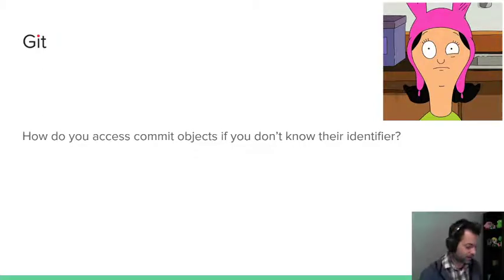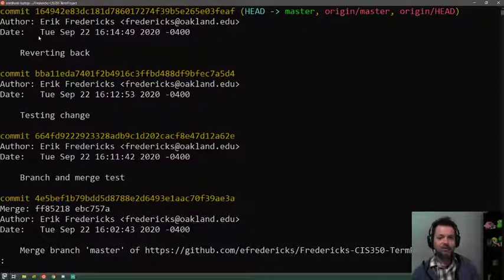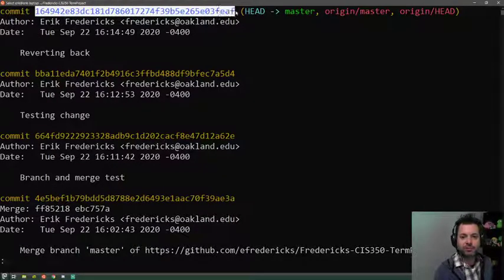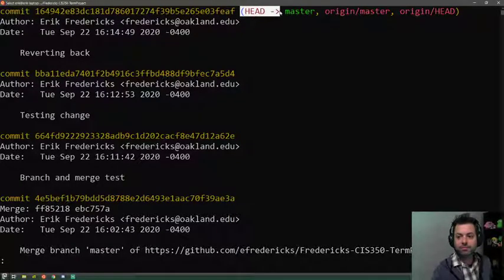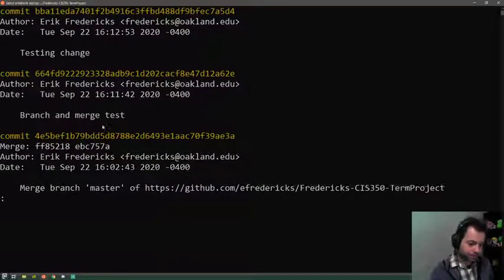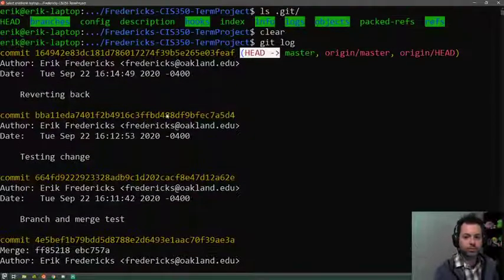Use the Git log. Hey, there we go. Exactly. That's one way to do it. Git log. So here we have a text version of the entire history of your project. Here you have your very long string of the ID. This is the latest commit. Is this the head, which we'll talk about in a bit? What are the branches it's on? Who made the commit? When did it happen? What is other information related to that particular project?